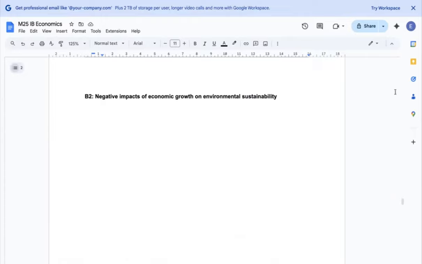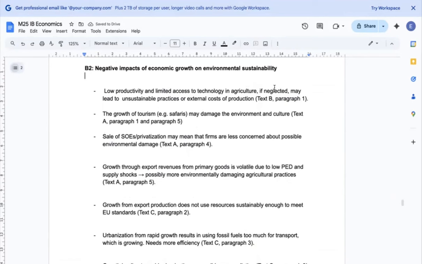Moving on to the next discussion point, which is about the negative impact of economic growth on environmental sustainability. First, low productivity and limited access to technology in agriculture, if neglected, may lead to unsustainable practices or external cost of production. And the growth of tourism, for example safaris, may damage the environment and culture. Also, the sales and business practice of SOEs or privatization may mean that firms are less concerned about possible environmental